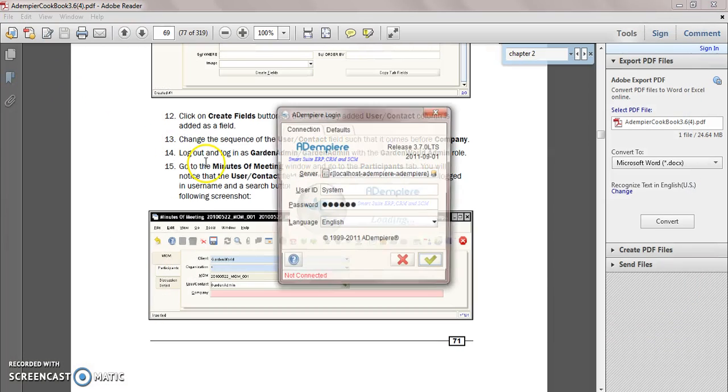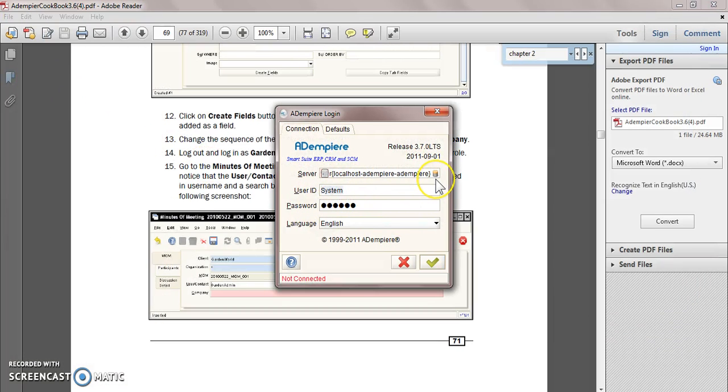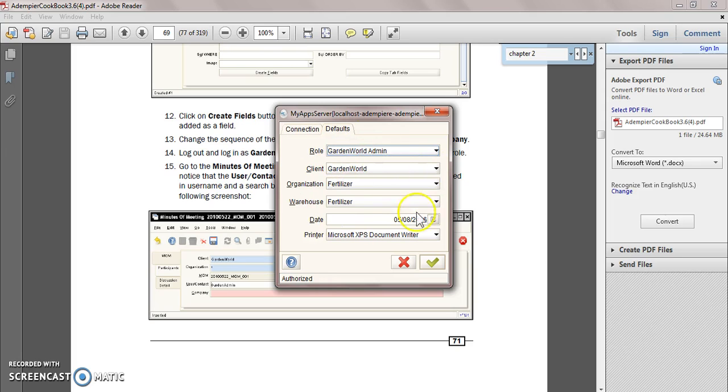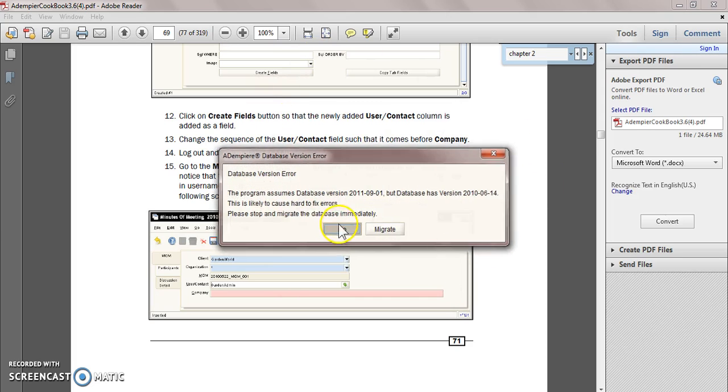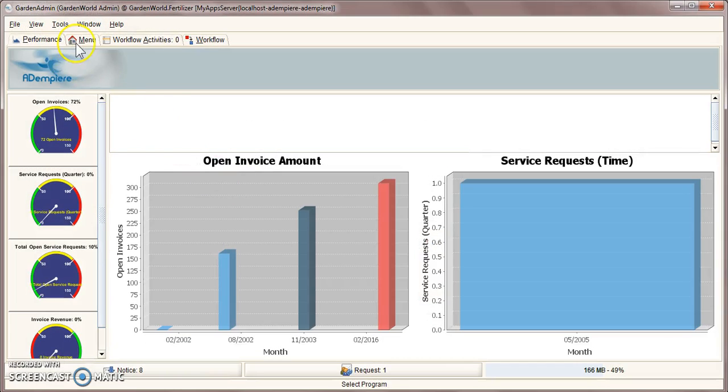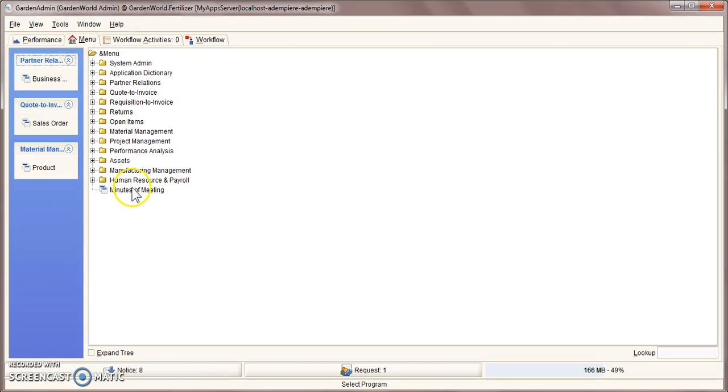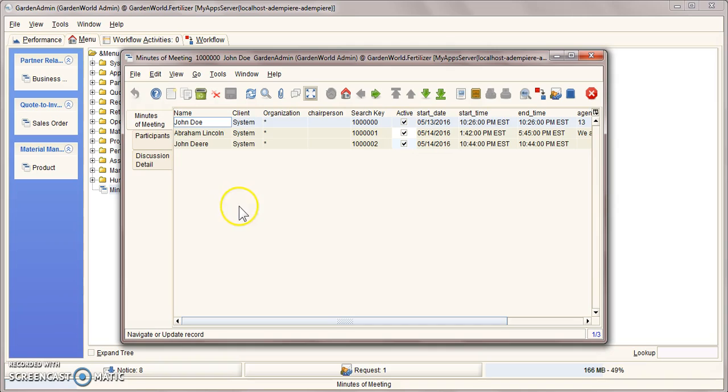Log out and log in as garden admin. And your role is also garden admin. Here under menu, your minutes of meeting menu is still here, because whenever we created the tables, we made sure that it was visible to all. So click on it, and you can see here, if I create something new,